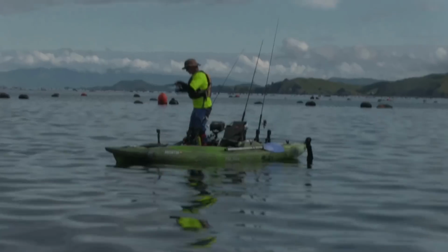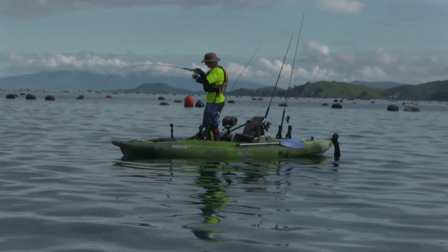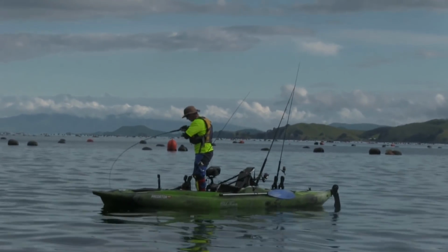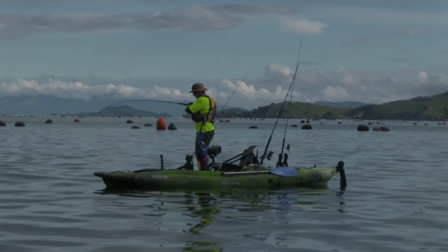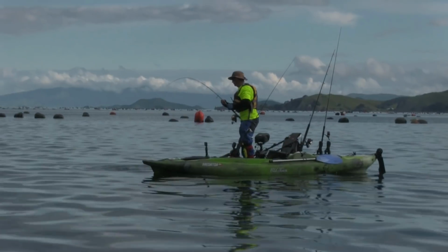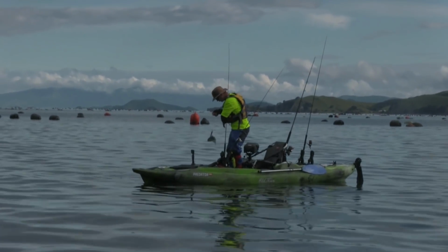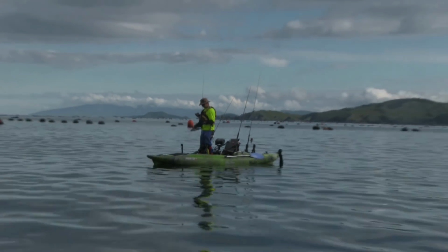Off he goes. We've got a bit of splashing happening around us, and Damien decides to stand up on his PDL, and this is the beauty of these kayaks. And he got straight into what was definitely a solid fish, most likely we reckon a kingie, but this time he's just got himself a kahawai afterwards, so the kingie got unhooked. Cool little spot right out in the middle of the Firth of Thames here,